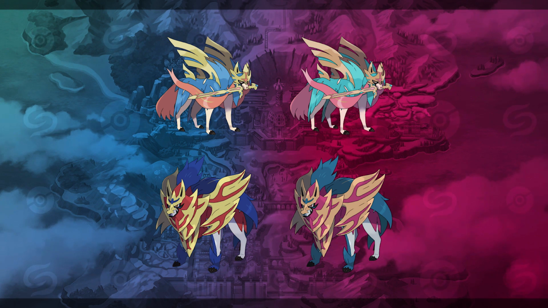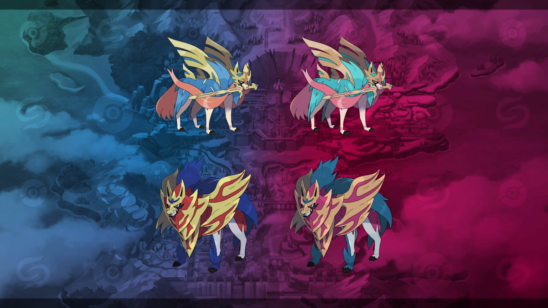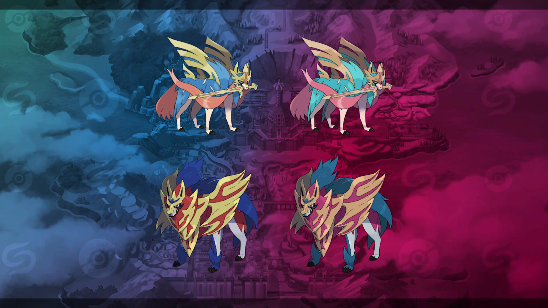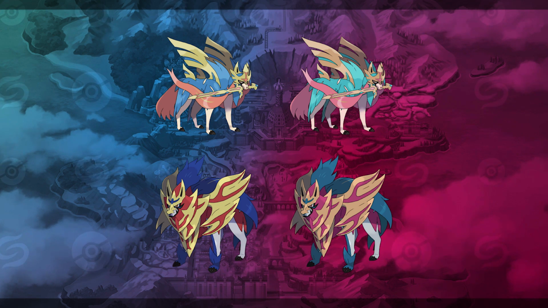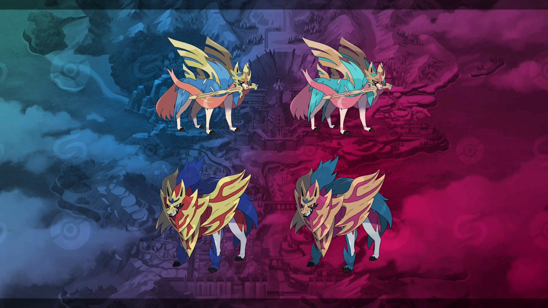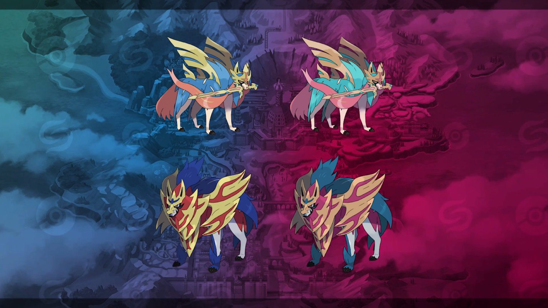And then, of course, we have Zamazenta over here with another subtle change, but I still think it looks really nice. The darker blue mixed in with the softer reds and stuff like that. I really like the way these look. I think these have excellent potential to be great shinies, Zacian and Zamazenta. And I can't wait to see what Game Freak comes up with. I really can't. And that does it for all of the Pokemon that have been officially revealed for Pokemon Sword and Shield and what we think their shinies